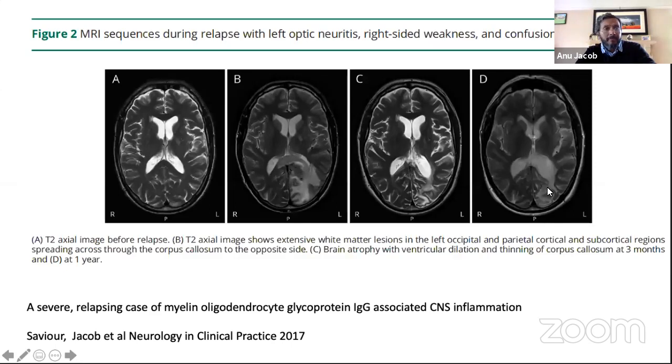And this is after a few years. Actually it's one year, and the cortex is quite atrophic. So it does leave behind sequelae. It probably depends on host factors and the degree of inflammation involved. The same patient,